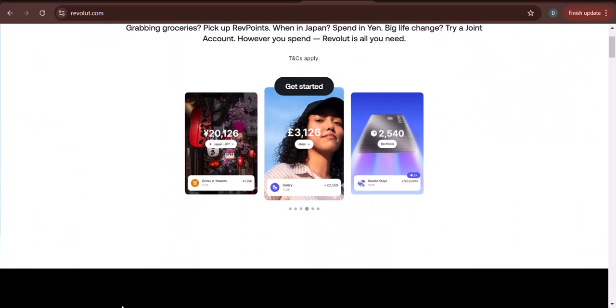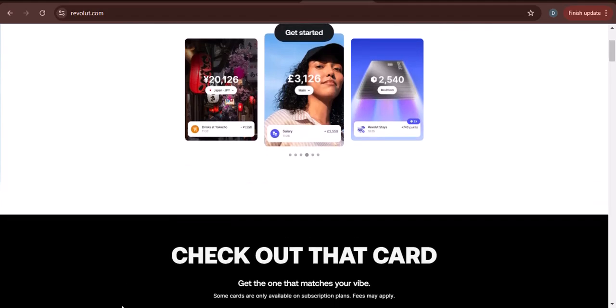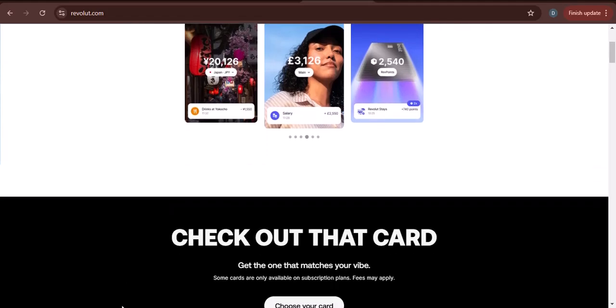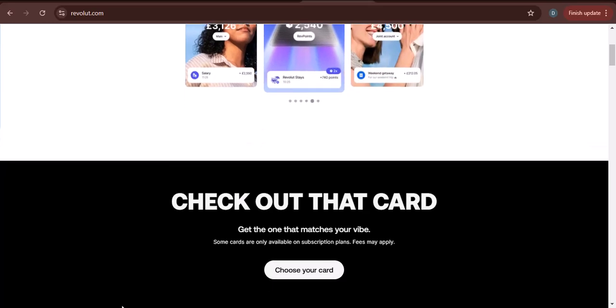Today, I'm going to be talking about how to send money to a Revolut account. This is a question that I get asked a lot, so I thought it would be a good topic to